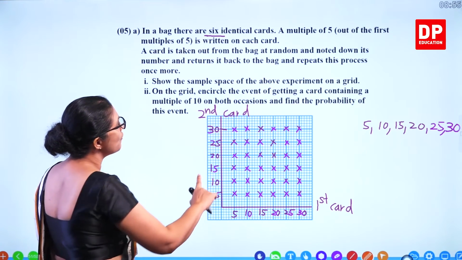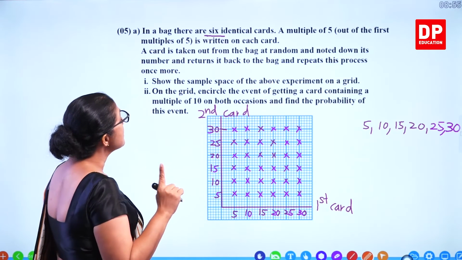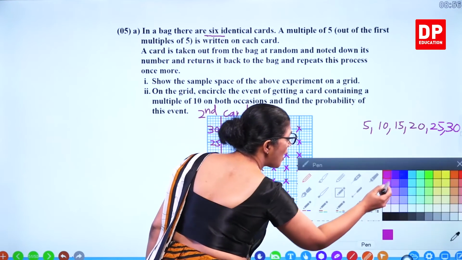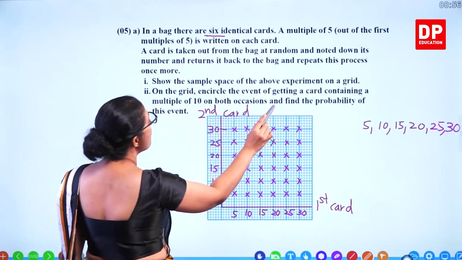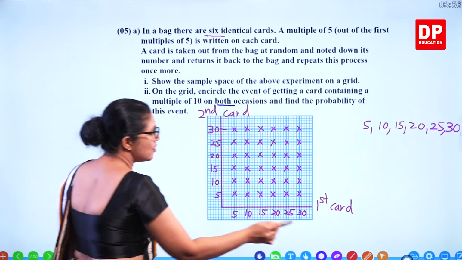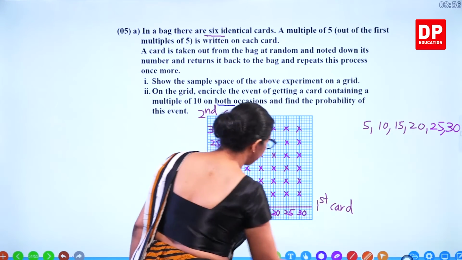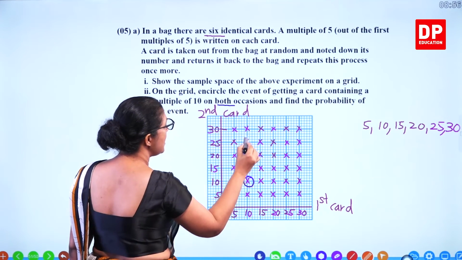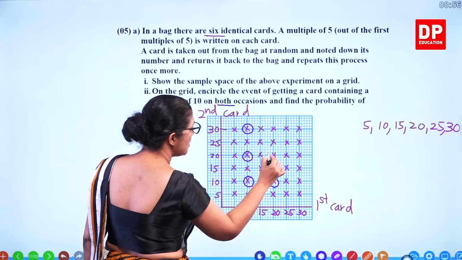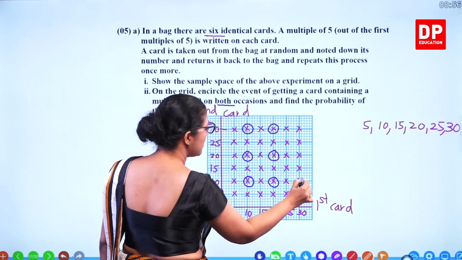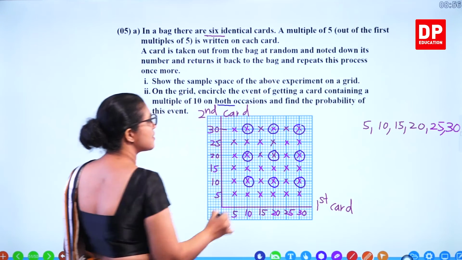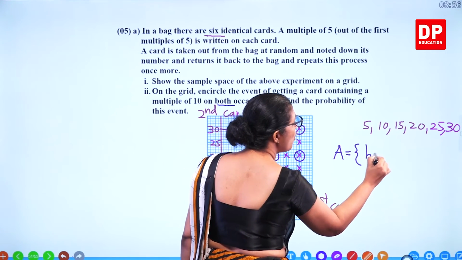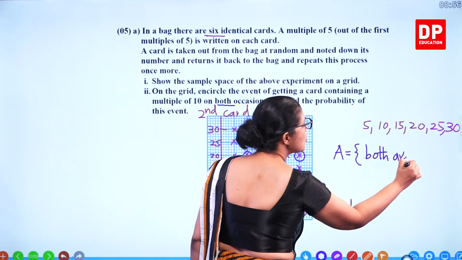So show the sample space of the above experiment on a grid. On the grid, encircle the event of getting a card containing a multiple of 10 on both occasions. What are the numbers? 5 you can't take. 10 with 10, 10 with 20, 10 with 30, 20 with 10, 20, 30, and 30 with 10, 20, 30. So those are the possibilities. If A is both multiples of 10,